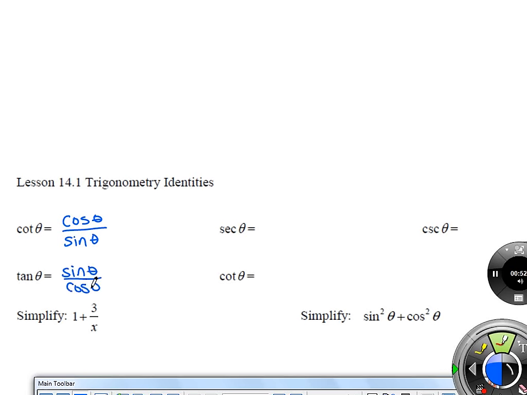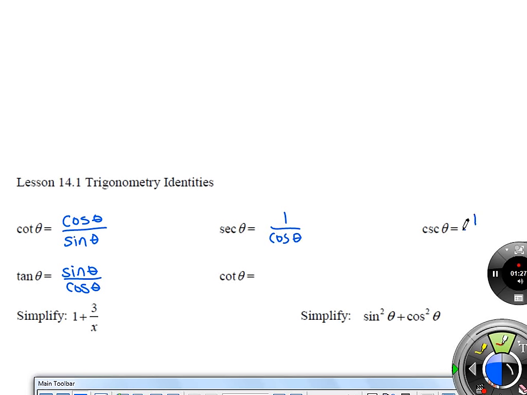So why is this important? This is important in these proving types of things to be able to substitute and use them interchangeably. Sometimes it's more helpful to rewrite this in terms of sine and cosines because there are other things in terms of sine and cosines, and then I can put them together and figure some stuff out. Sometimes I see this and there's other tangents in the problem. It's important I can recognize that it's a tangent, rewrite it as tangent, and then combine stuff together to make it simpler. Okay? So secant, yeah, good, is 1 over the cosine,